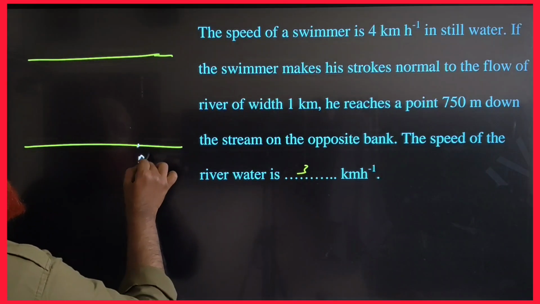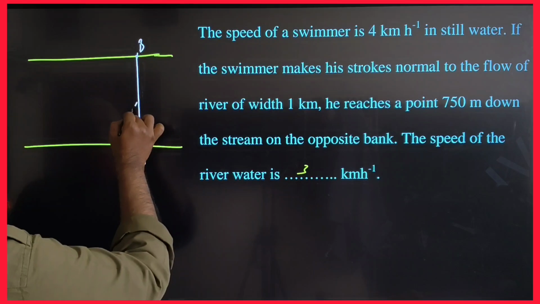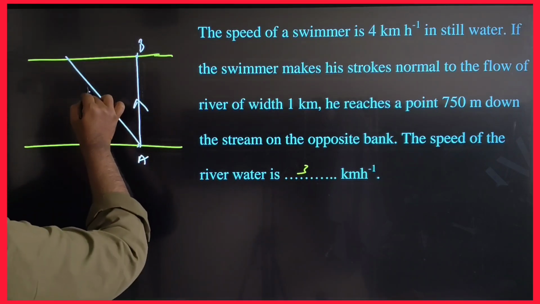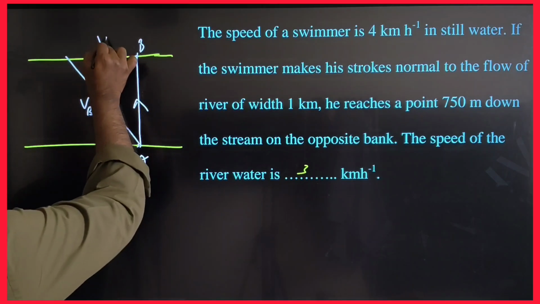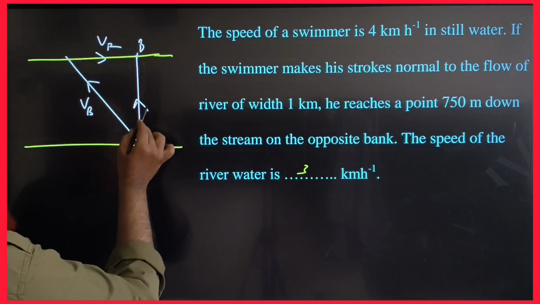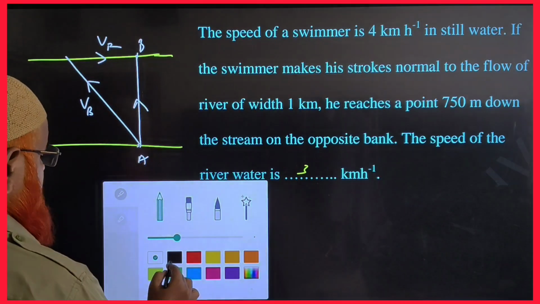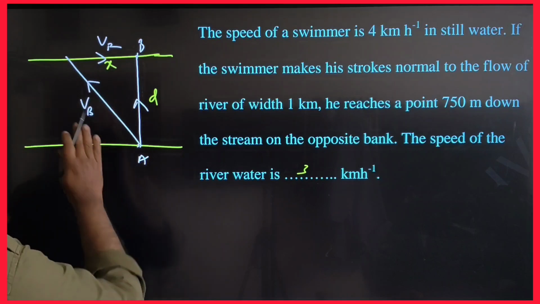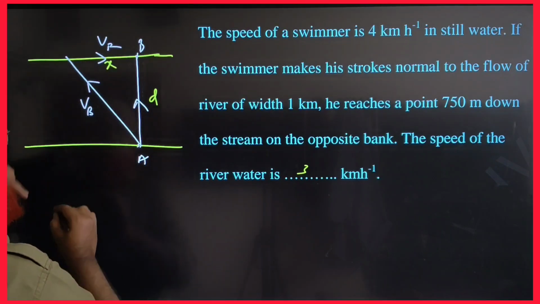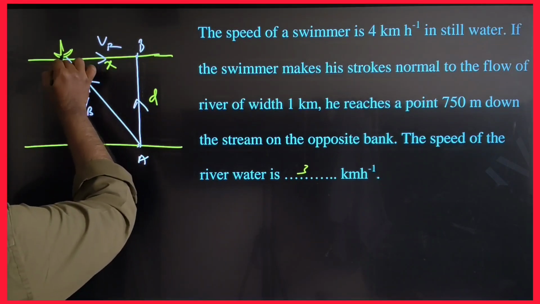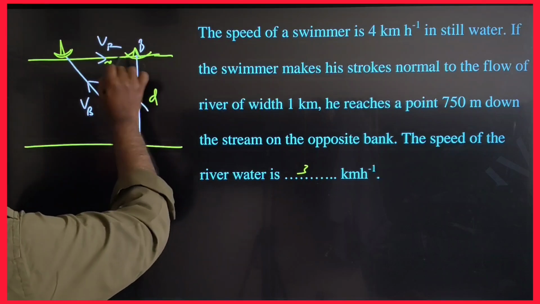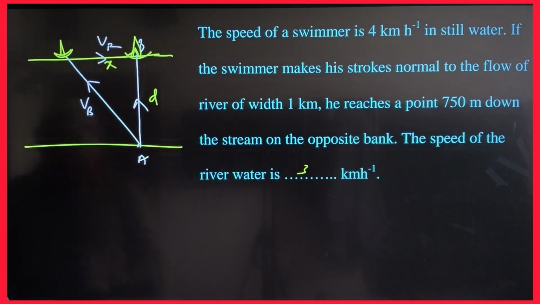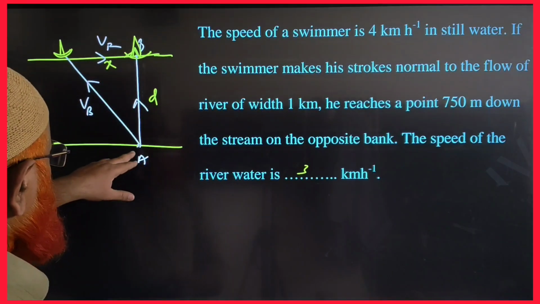So this is said to be point A. This is said to be point B. He has to reach the opposite end. He will go like this. Boat will go like this. River will go like this. And the distance traveled here is said to be the width of the river, which we call D. This is said to be x. x is nothing but the drift of the water, the drift of the boat. The boat was supposed to go here but reached here. This is called a drift of a boat. Okay, so that is the distance.